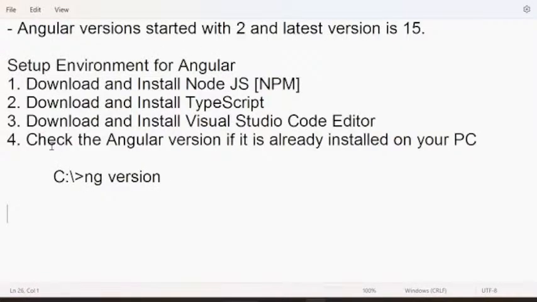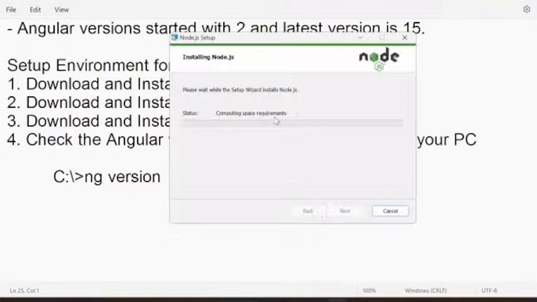Which version are we using? So currently on my computer, I have some old Angular version. Then we have to remove it and add the new version, right? So it is installing the latest version of Node.js.